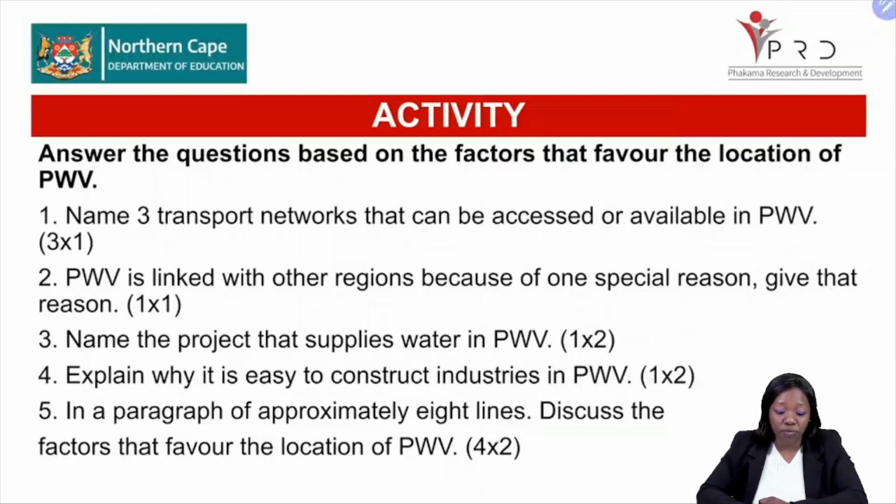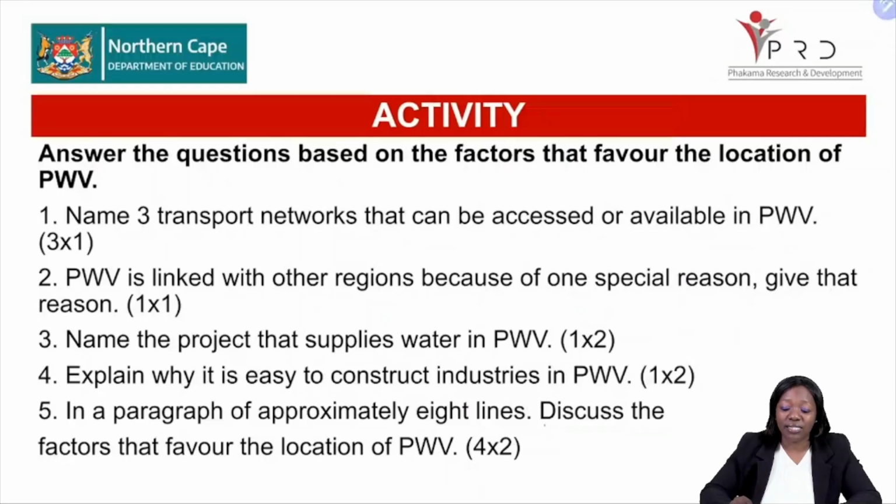Then PWV is linked with other regions because of one specific reason; you give that reason. Then number 3, you name the project that supplies water in PWV. Then number 4, you explain why it is easier to construct the industries in the PWV. Then number 5, in a paragraph question, you discuss